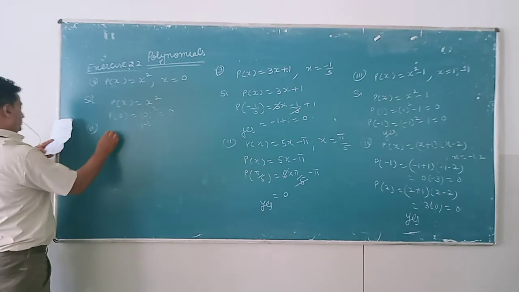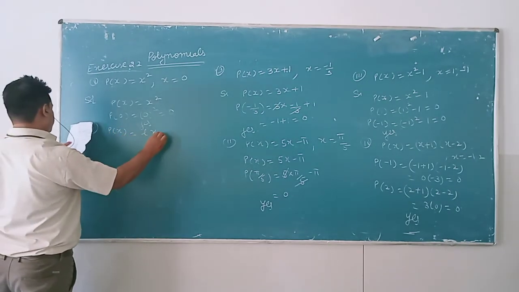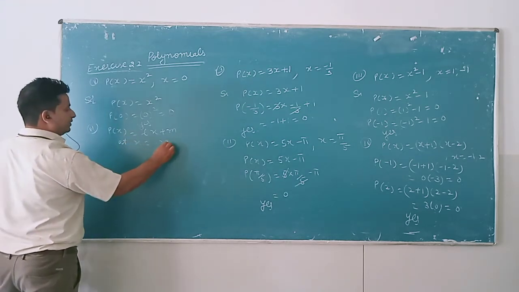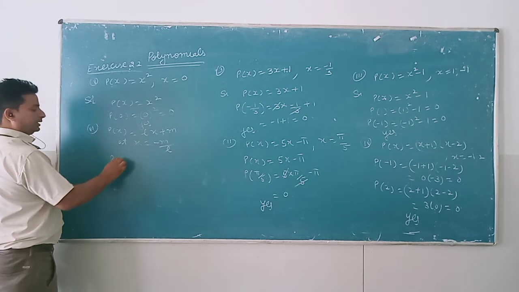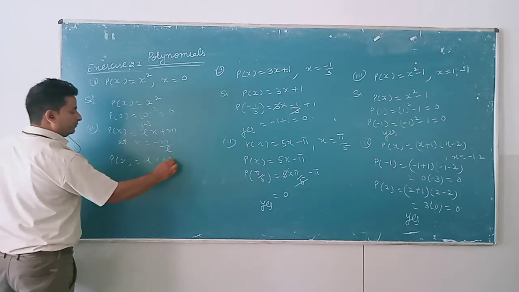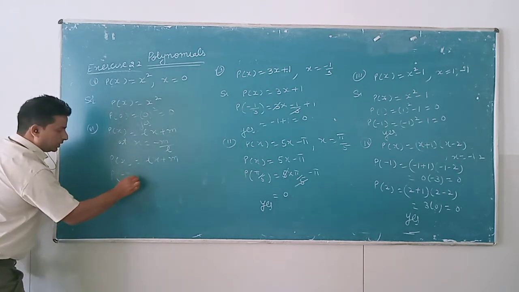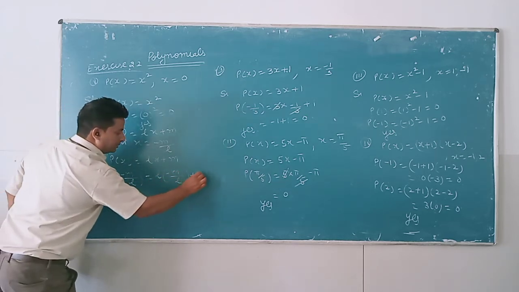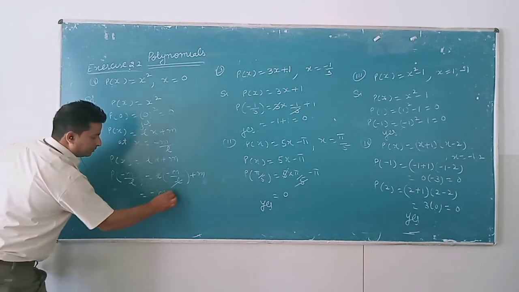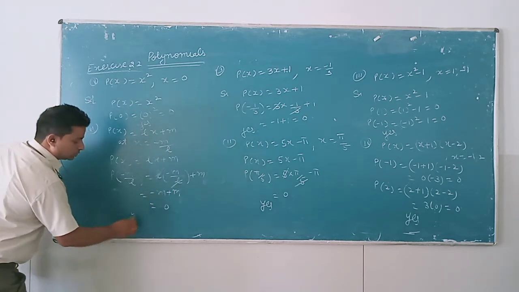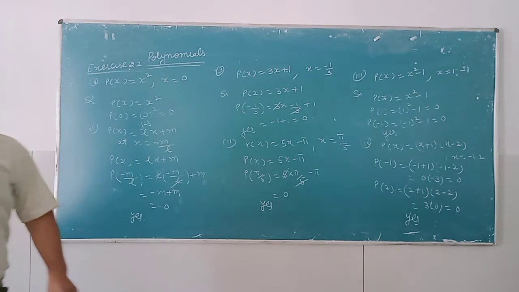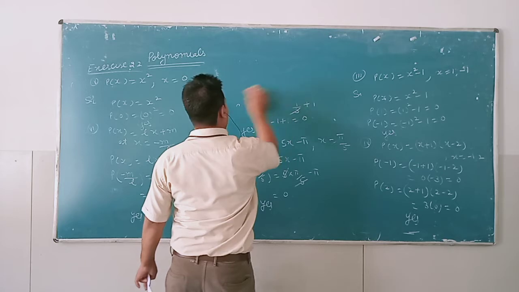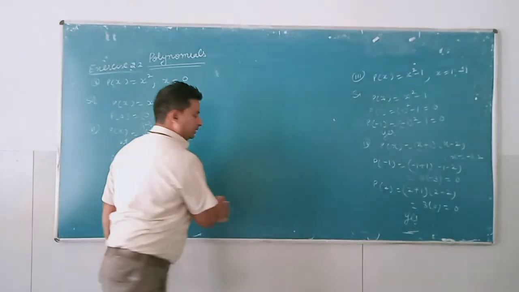In the sixth part, the question is p(x) is lx plus m. We check that x is equal to minus m by l. So in the given polynomial lx plus m, we first put x is equal to minus m by l. x is minus m by l plus m. This cancels out. This is minus m plus m. Cancel out, 0. So the answer is again yes. The root x is equal to minus m by l is a factor of the given polynomial.